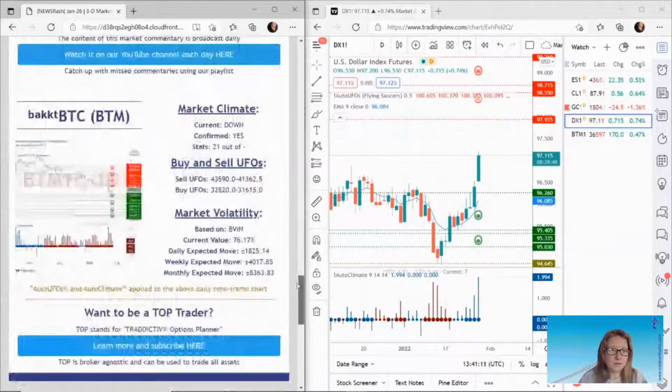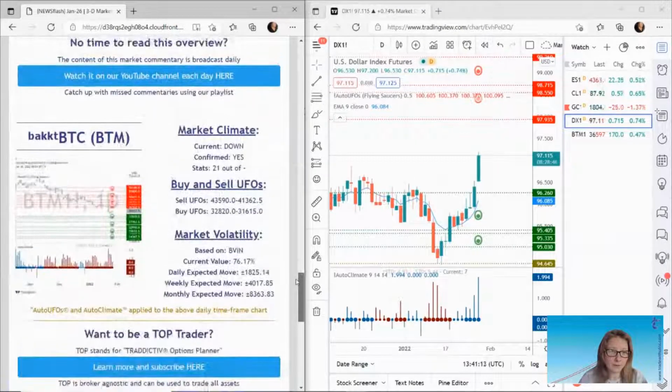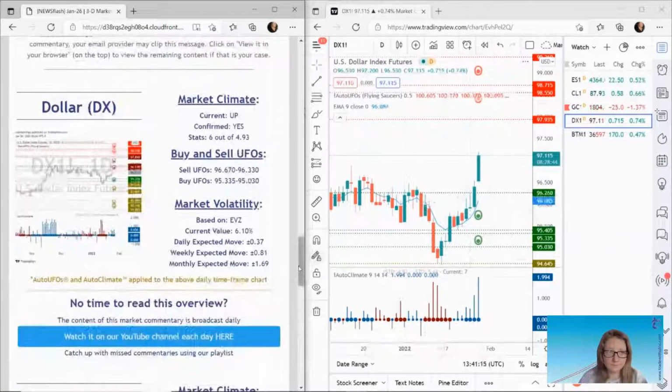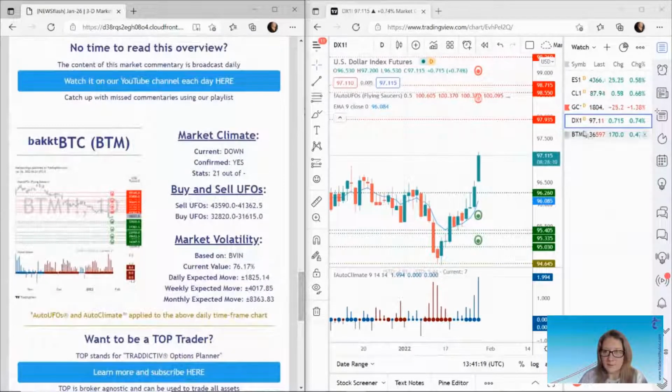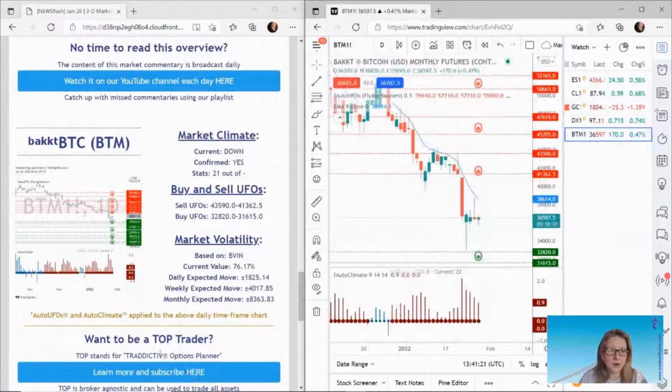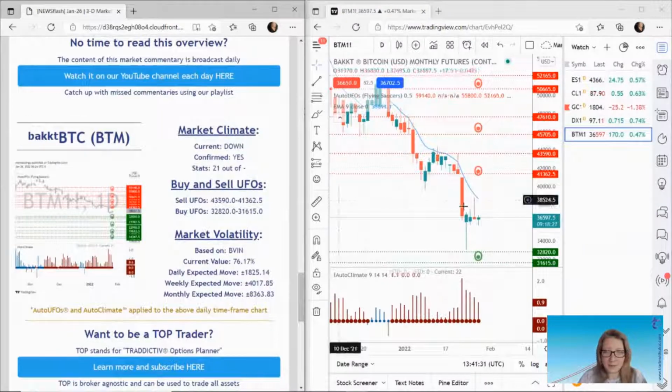Okay, so moving on to the final market, which is backed Bitcoin. There we are, backed Bitcoin. As I load that, just to point your attention here to our platform. TOP stands for Tradictive Options Planner, but you can use it if you're a stock trader or a futures trader as well. Okay, so backed Bitcoin, we have,